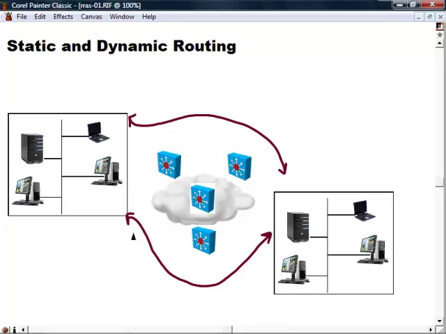Now let me just say this. I'm using a symbol here for what we call a multi-layer switch. And so when we say router or gateway, it could be a wide variety of devices. It could be, in our sense, a Windows 2008 server that's running routing and remote access services. Typically, if we have it on a server, this server will have at least 2 network interface cards. In other words, it's multi-homed,